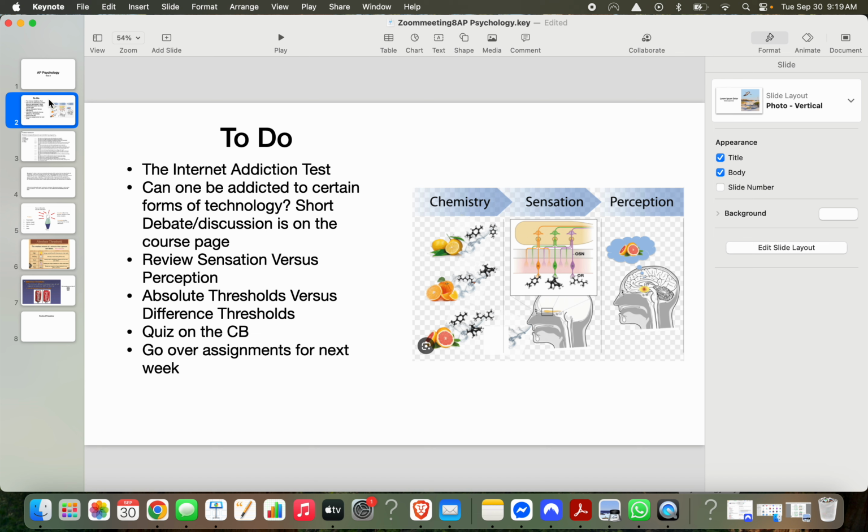I'm going to really quickly review sensation versus perception. I want to make sure you get the difference between absolute thresholds and difference thresholds because it's very close. I posted a little quiz on the College Board for you this week to just do some practice multiple choice questions. With this section, there's a whole lot of practice with Unit 0, the scientific principles and practices. So I put that on there for you to practice. It's set to give you immediate feedback so you can get all the points. I just want you to practice, and then we'll go over the assignments for this coming week.